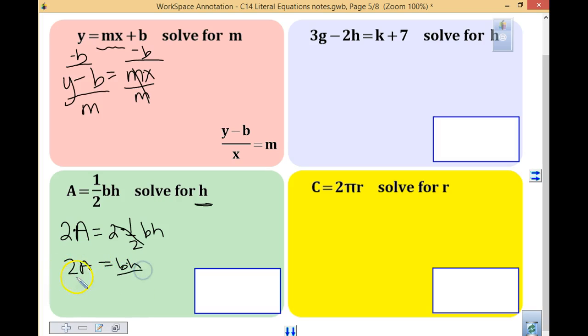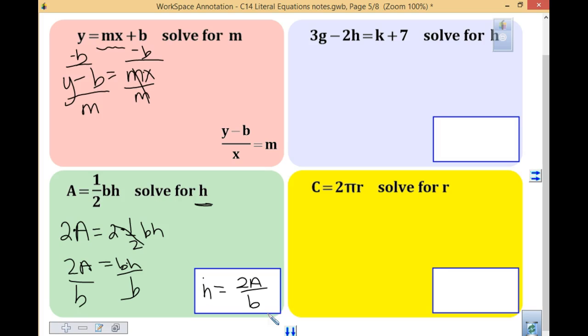Divide both sides by b. And I'm done. I get h equals 2a over b. So the thing that's hardest, and I'll tell you, the algebra students struggled with this also, it